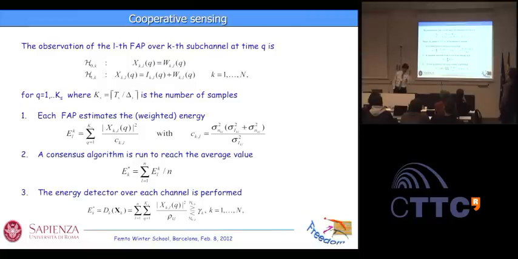Okay, but within this assumption, the optimal detector would be something like this. So you are weighing the samples in a particular way so that you get a Gaussian at the end. No. The Gaussianity comes from, let's say, the central limit theorem. No, but for the central limit theorem, you need all your samples to be identically distributed. No, that's not necessary. No? That's the way that we usually study it.